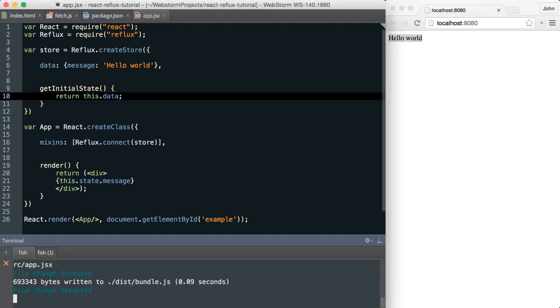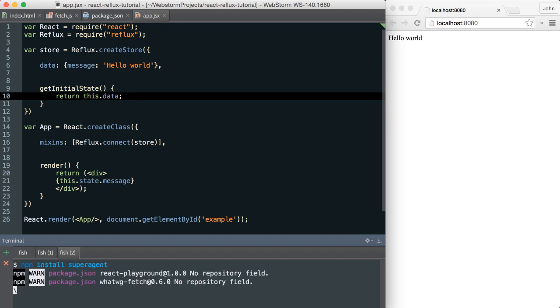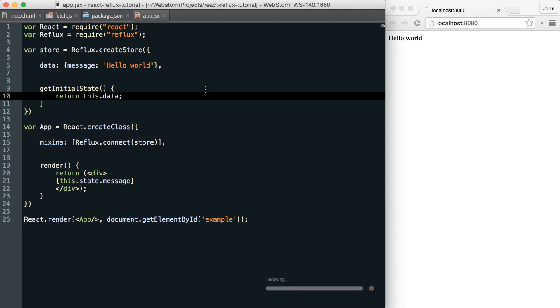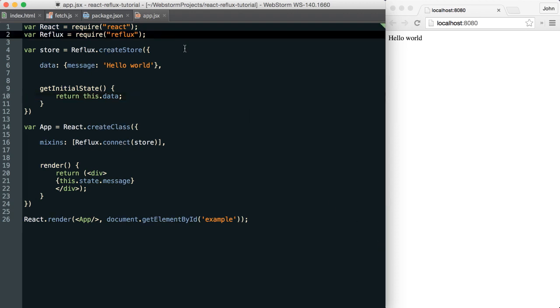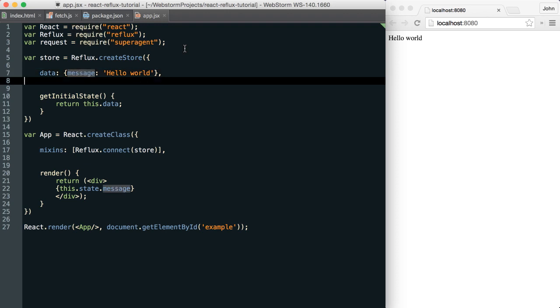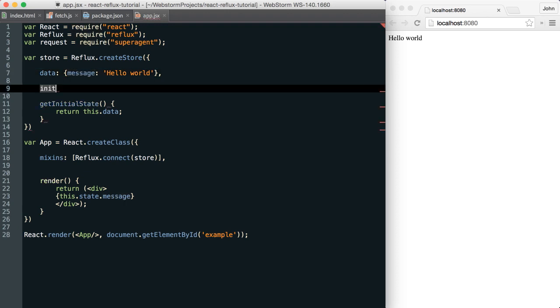Now I'm going to go ahead and install something called Superagent. Superagent is a library just for making requests and loading in data. Its sole purpose is for making requests and loading data, so you don't have to use something like jQuery or any other libraries. You'd only have to use this one. So say require Superagent, and it's just by convention that you call this request when you import it. So I'll go ahead and set up our init method here. So init,